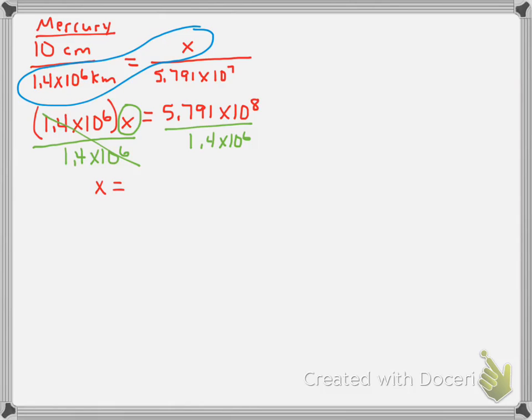For the scientific notation, we need to divide the decimal. So take 5.791 and divide by 1.4. And I think you get 4.14, is that correct? If you round to two places. So 4.14 times 10 to the,